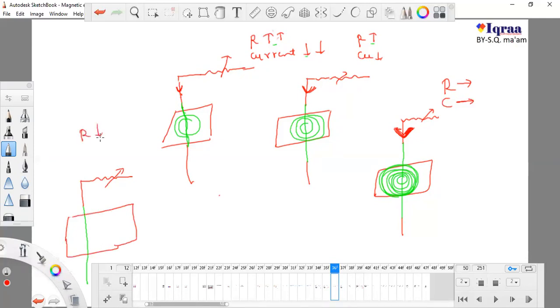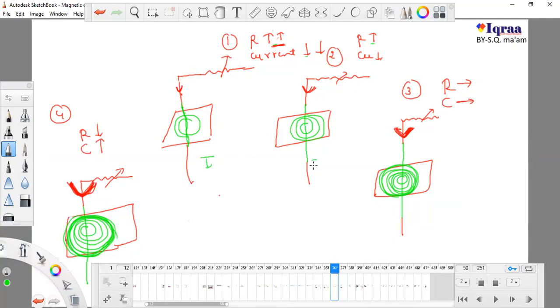In the final case, I reduced R. I started from here. This is my first position, this is the second position, this is the third position, and this is the fourth position. I reduced the resistance much lower, and the current is much higher. So here I can draw the current. This is my current now. You can see how my current is flowing in a much higher amount. And these are the concentrations of magnetic field lines. This was the first position, second, third, and fourth.